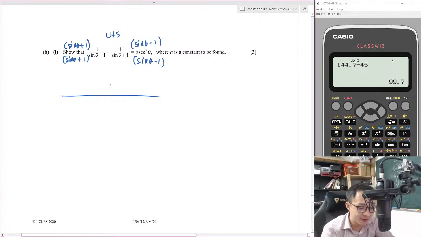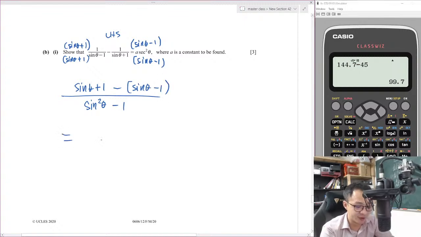So I will have sine theta plus 1 times sine theta minus 1, which gives sine square theta minus 1 square. On top I have sine theta plus 1 minus sine theta minus 1. So sine theta minus sine theta is gone, and then I have 2 over